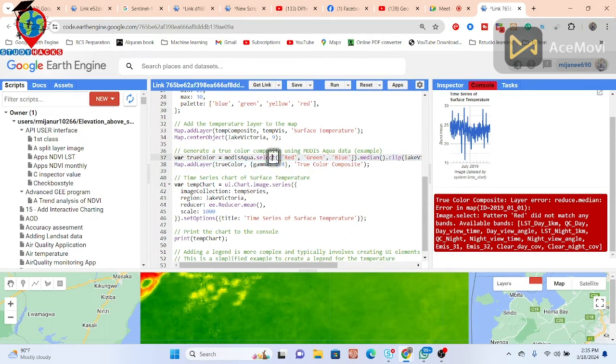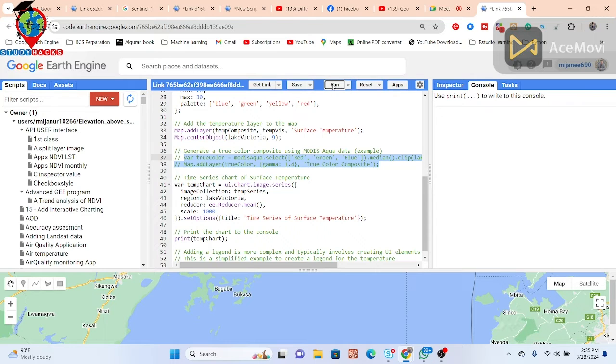Okay, this time MODIS Aqua, there is no band. MODIS Aqua basically is another data set. So this time I just try to ignore this part. I just simply, now it will work. So this time you can also add the other